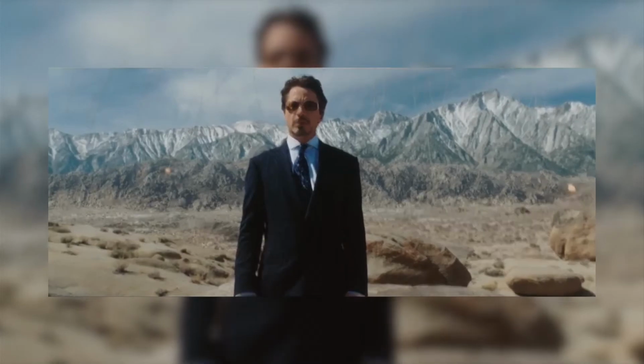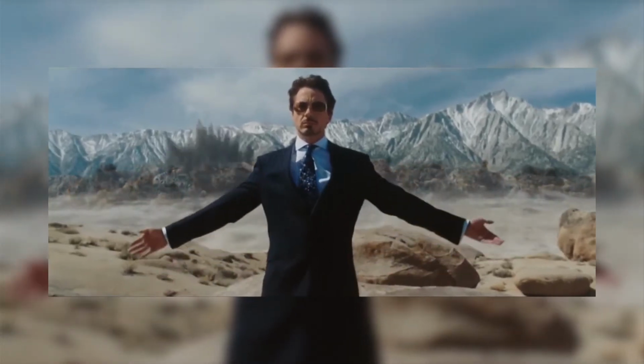Robert Downey Jr. as Tony Stark. Perfectly casted. Just a picture, and you're like, that looks like from the comics. Yeah. And then when you actually watch it, you're like, wow, that's amazing. Again, perfect casting. Yeah. I definitely don't want to like Tony Stark. I think he's the biggest asshole in all of comics. But goddamn, I really like Robert Downey Jr., so I'm always going to be rooting for Iron Man, except in